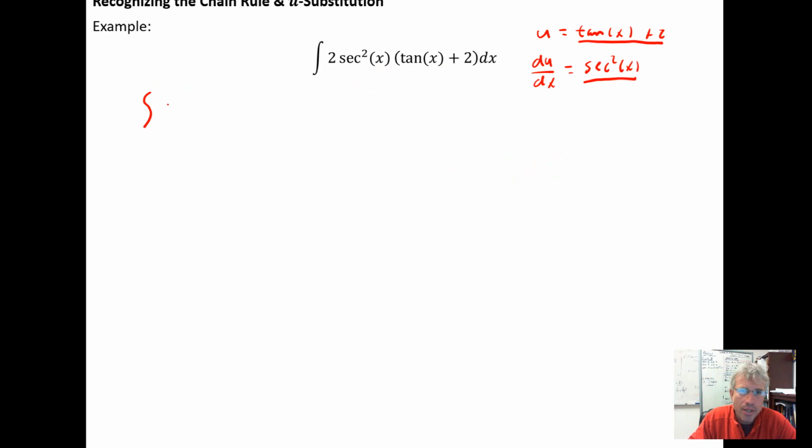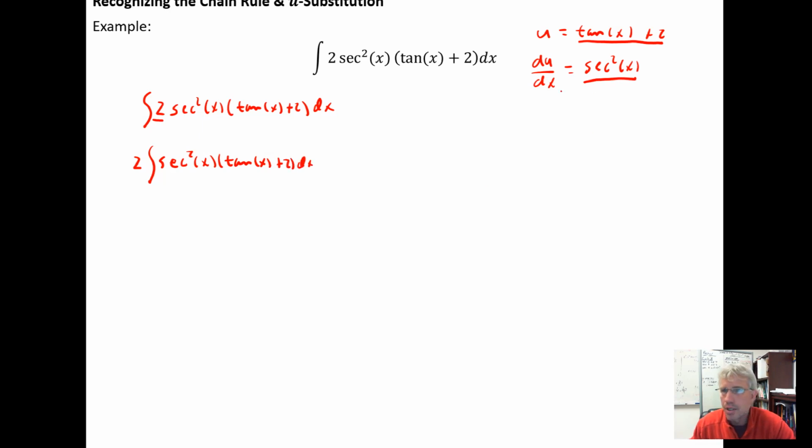So here, if I rewrite the integral, so 2 times the secant squared of x times the tangent of x plus 2 dx, and then we recognize this is an integration, so the constant can be factored out of the integral, so we get twice the integral of secant squared of x times the tangent of x plus 2 dx, and then if I multiply both sides of this by dx, I'm going to get du is the same as the secant squared of x dx. So now I'm in a position to make